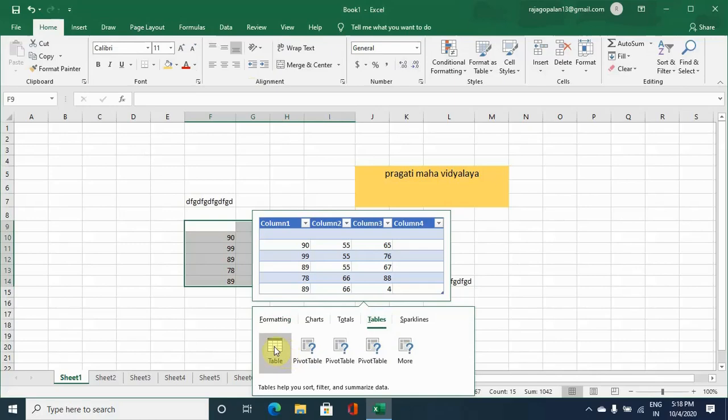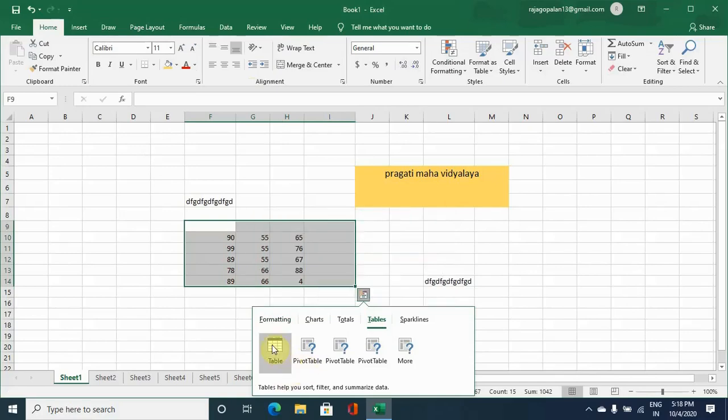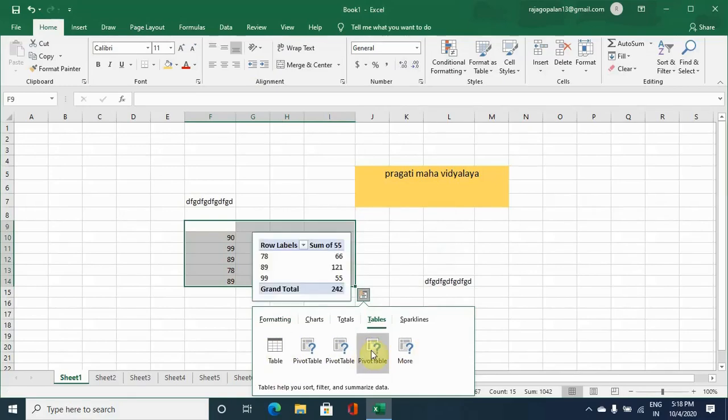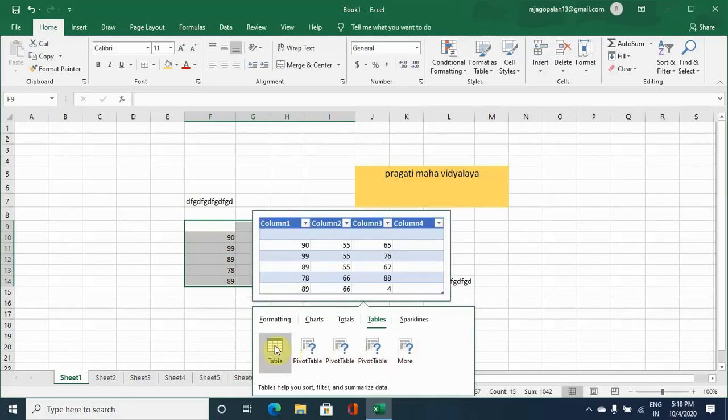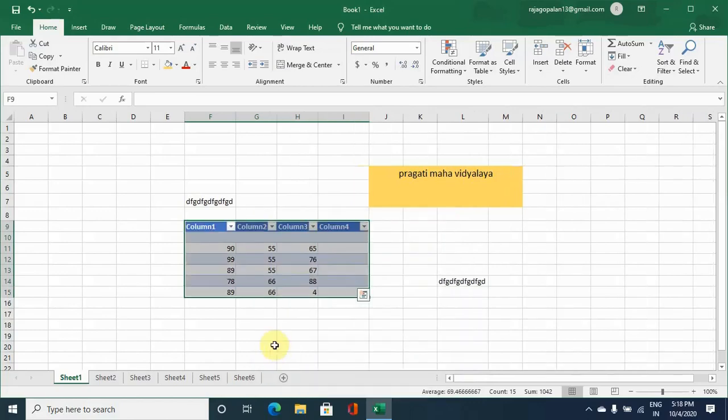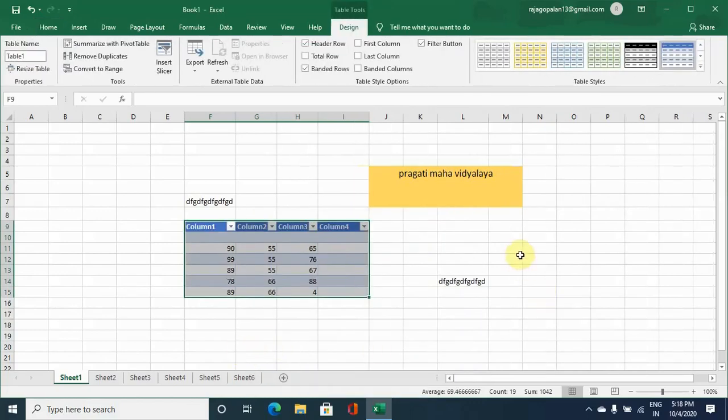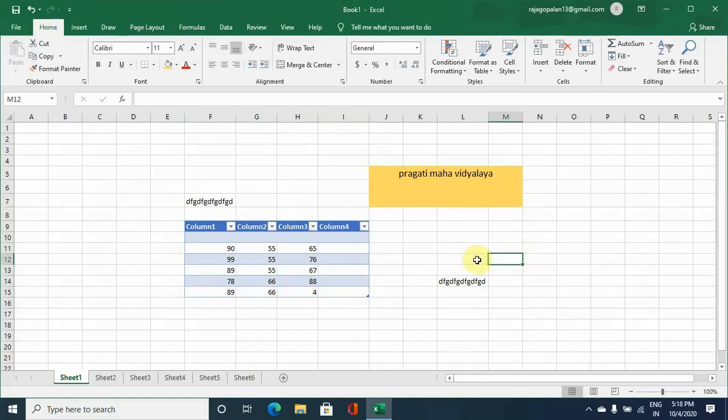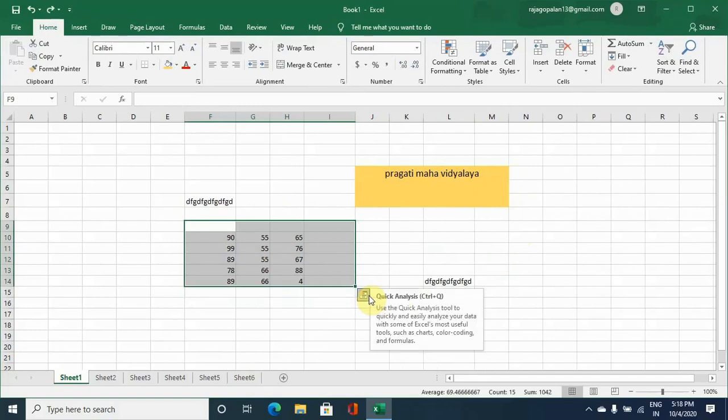If you select table here, then the data you have will be shown in tabular format. Control Z. So that is about quick analysis.